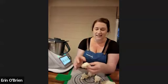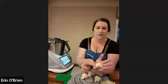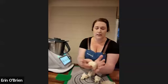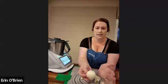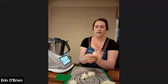How I roll out rolls is I use the palm of my left hand, I am right-handed, and the fingers of my right. So I use the fingers of my right to tuck and the palm of my left to kind of roll it. In a couple of seconds, you just roll it around like that. So again,